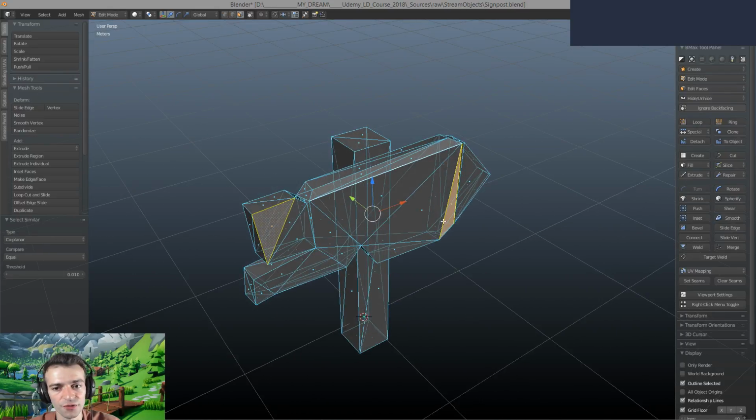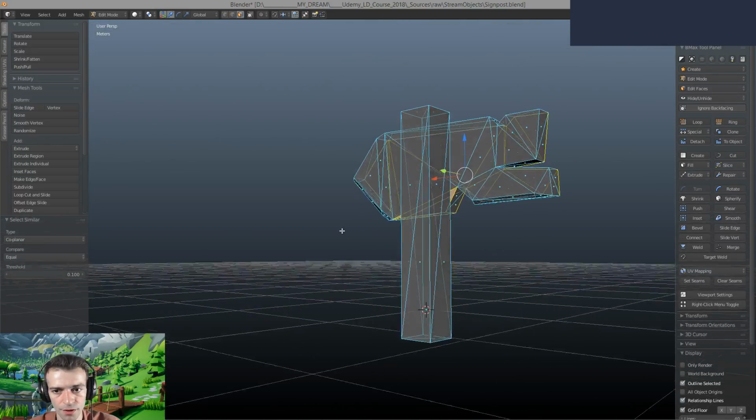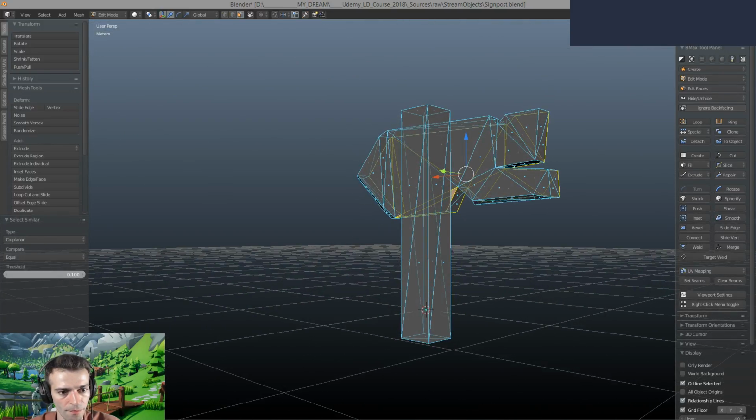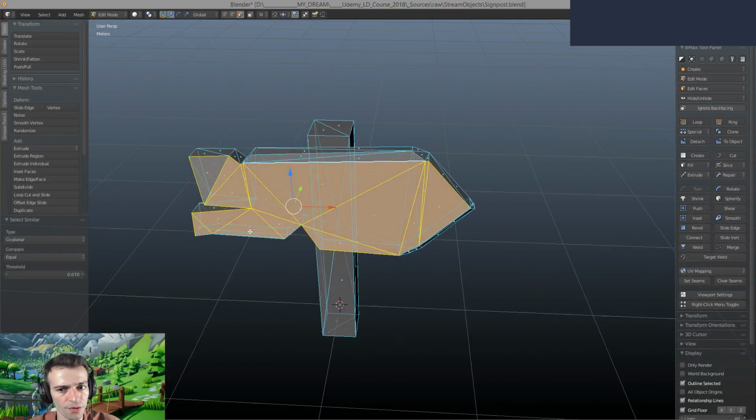Okay, so it's Shift G, okay, but I want the threshold to be bigger. There we go, a bit smaller, and even a bit smaller. There we go. So I want all this to be